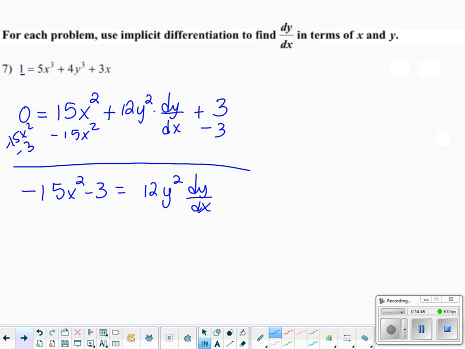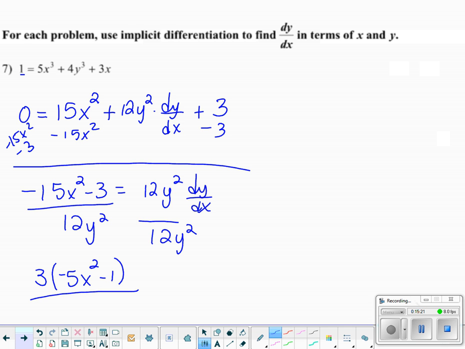Now I could keep solving. Divide by 12y squared. Divide by 12y squared. And this little humdinger will simplify a bit, won't it? We should be able to knock a 3 out of it. I notice 15, 3, and 12 all have a 3 in common. So I do believe I'm going to factor out a 3. You could choose to take a negative if you wanted. I'm just going to factor the 3 at this point. So I'm going to factor out a 3, which will give me negative 5x squared minus 1 over, factor out a 3, 4y squared